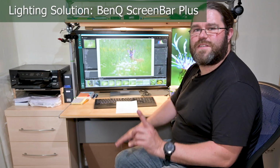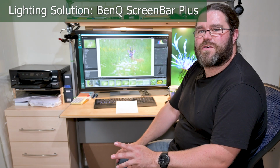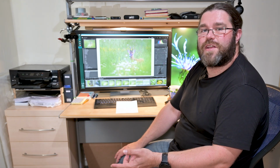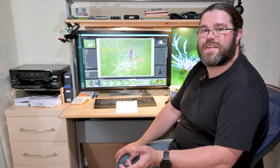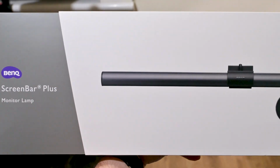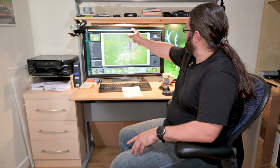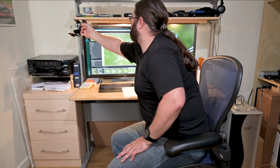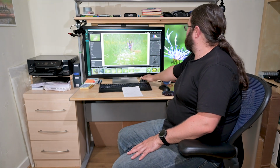So this is where the first of the products that I'm going to talk about today comes in. I got an email from BenQ, who I knew made monitors, but I didn't know they made other accessories as well. So what they sent me to look at is a product called the BenQ ScreenBar Plus. And it's a monitor light, and it sits up above your monitor here. I'll turn it on. I'll turn my lights off because I don't like them. It sits above your monitor,